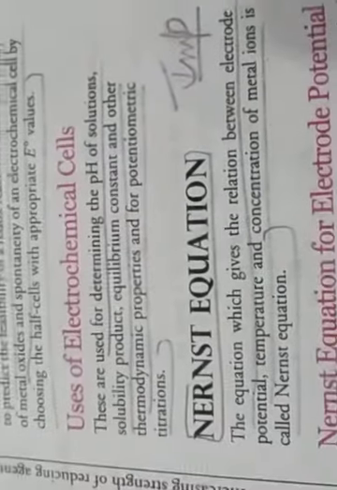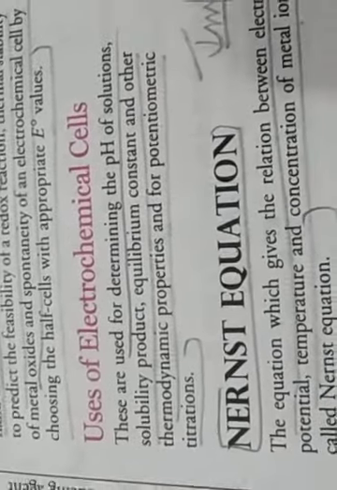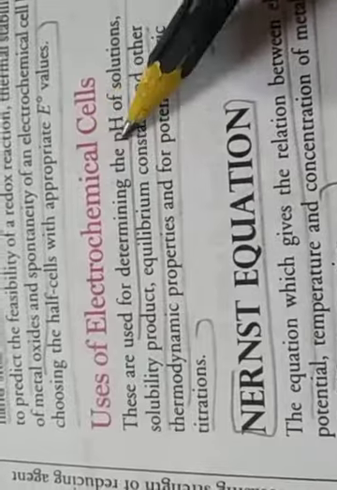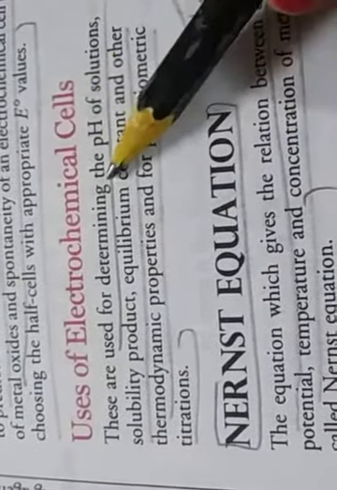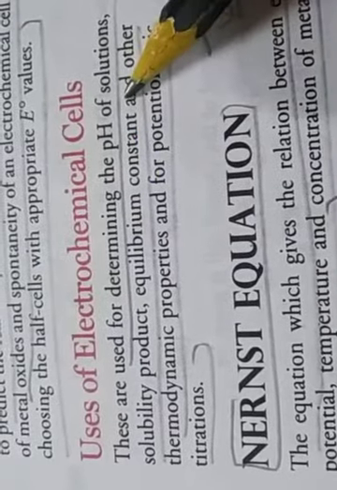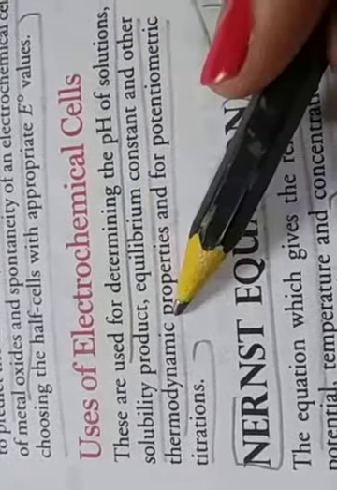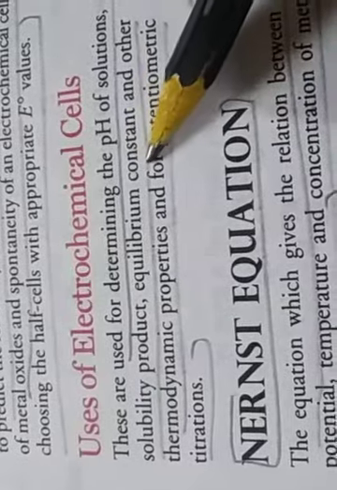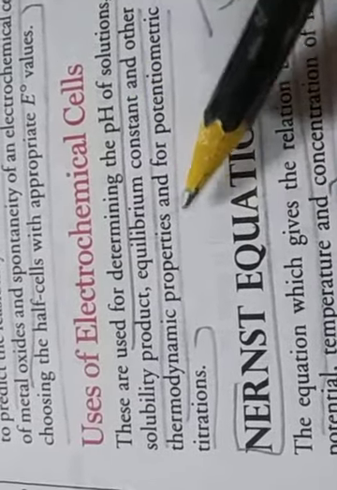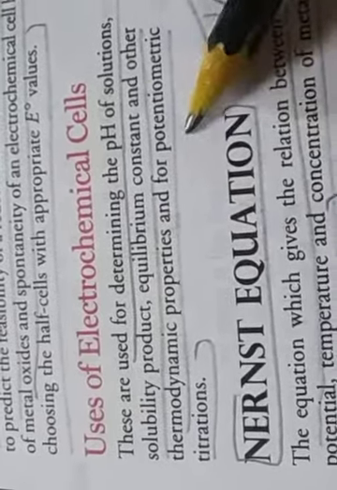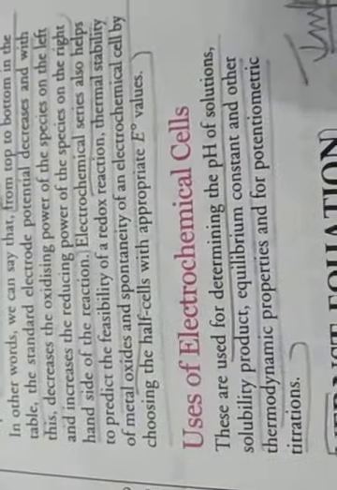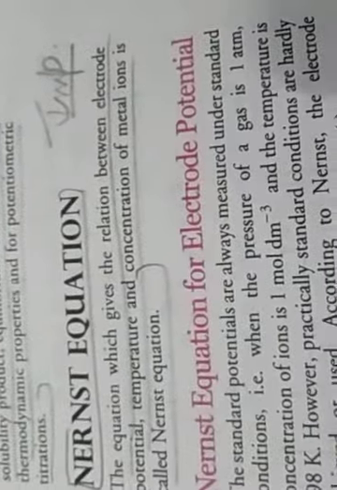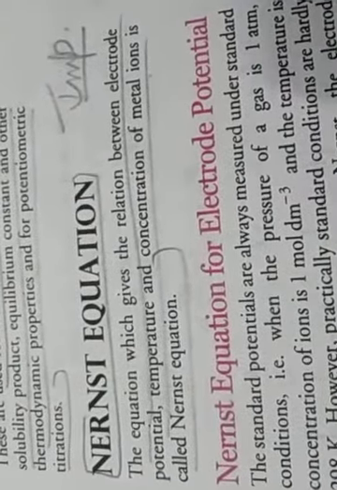Okay, then the next topic is uses of the electrochemical series, that is, uses of the electrochemical cell. Electrochemical cells are used for determining the pH of a solution, solubility product, equilibrium constant, and other thermodynamic properties, and for potentiometric titration. Okay, the next new topic is the Nernst equation, and it is very important because every year